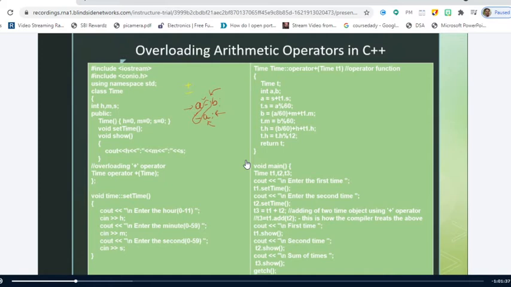For example, if A and B are fundamental data types, then you cannot say that this is operator overloading. Remember one important point: we should call it operator overloading only when we make the operators work with user-defined data types, right? So this is how it is defined. Is it clear up to this point?